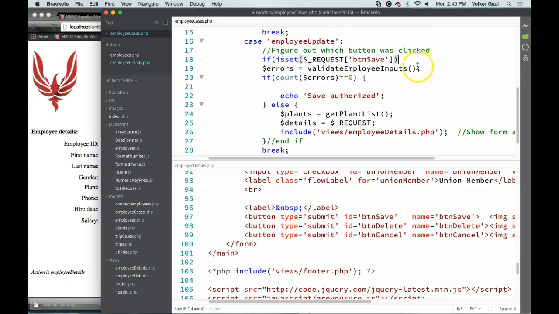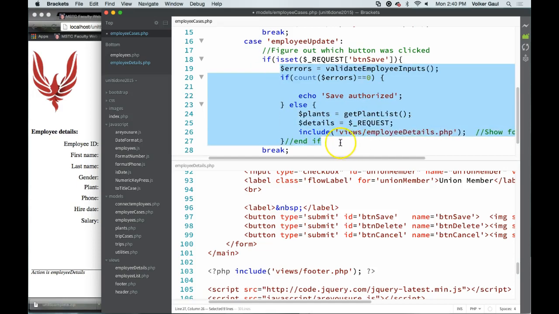If that button, and there's only one, can't submit 3 different ways, only one. If this exists, then button save will be in the list. And if it does, then go ahead and do all this fun stuff. Else,